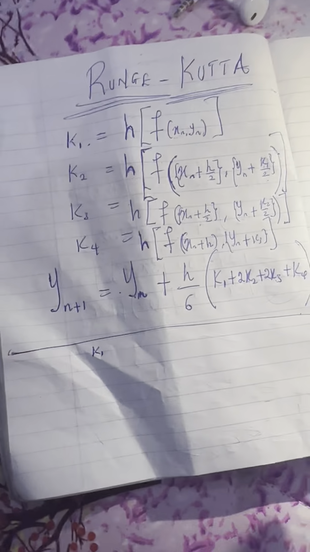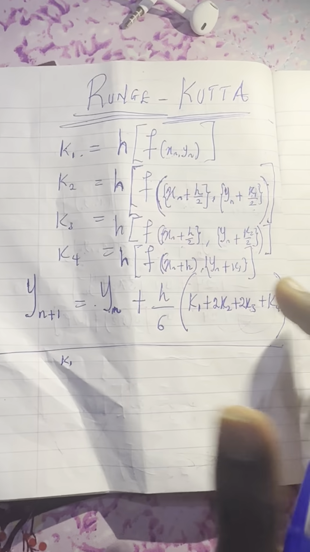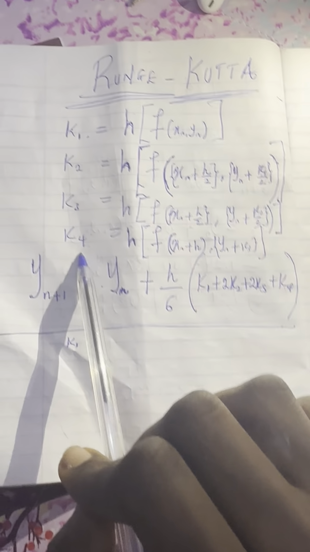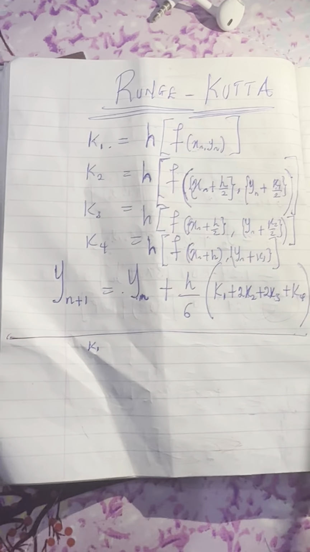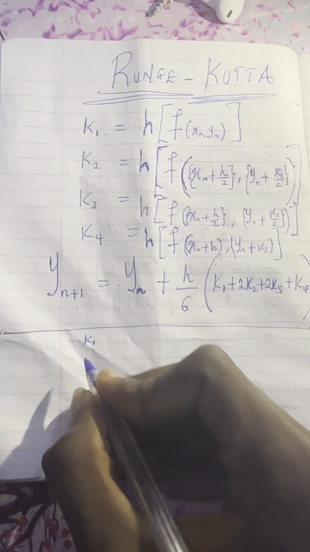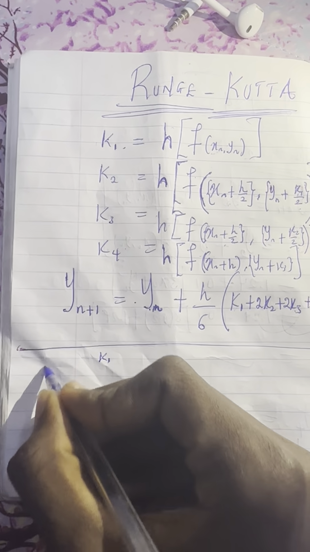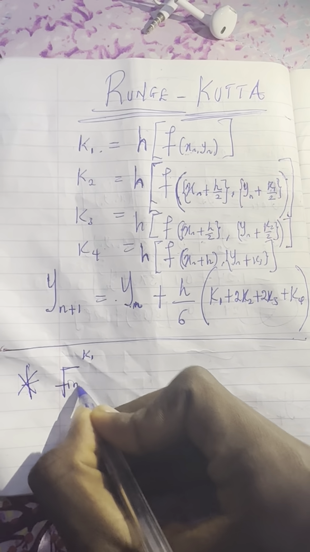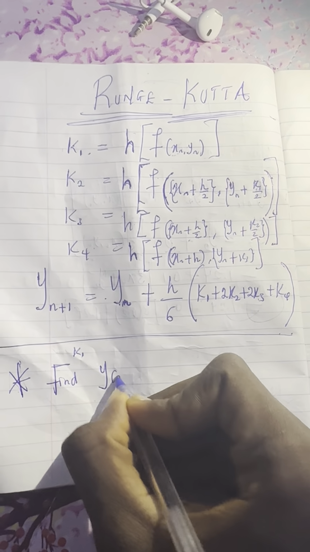So now that you've understood the definition of the Runge-Kutta method, it takes just 4 lengths, K1 to K4, then you have the general formula here. So whatever you have to do from here now is, let's take a practice question. This question says, find y of 0.2